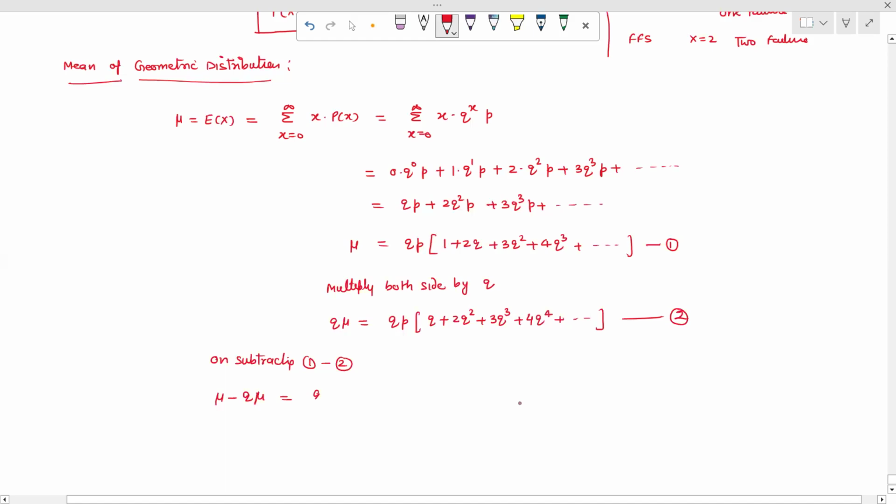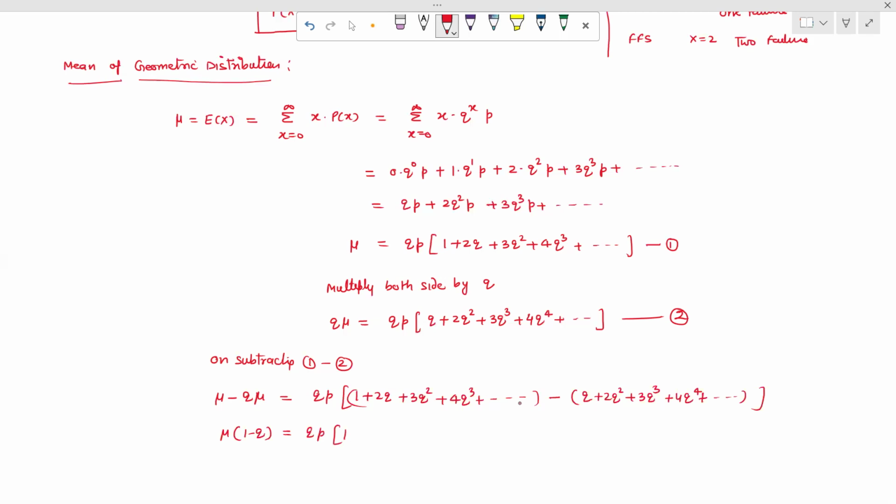now qp is common in both, so we take qp common. First, we write the first equation: 1 plus 2q plus 3q squared plus 4q raised to the power 3 plus and so on. And in the second, what will come is minus q plus 2q squared plus 3q raised to the power 3 plus 4q raised to the power 4 plus and so on. So we can take mu as common. So this can be written as 1 minus q. And from the other side, qp into,